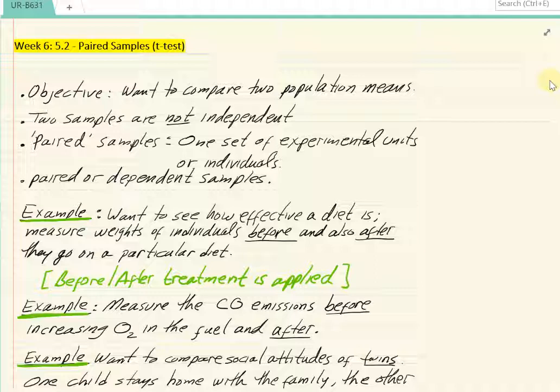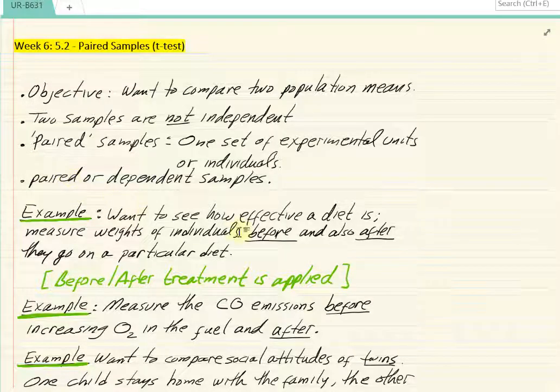Okay, so when we talk about paired samples here, that means we have really one set of experimental units. The experimental units are actually the objects or subjects that we apply a treatment or some kind of experimental manipulation to. So the experimental unit, for example, could be a car, it could be a plot of land, it could be a person, it could be a house, whatever that might be. It could be individuals, or it could be just subjects or different objects. So again, our design here is called a paired design or dependent samples.